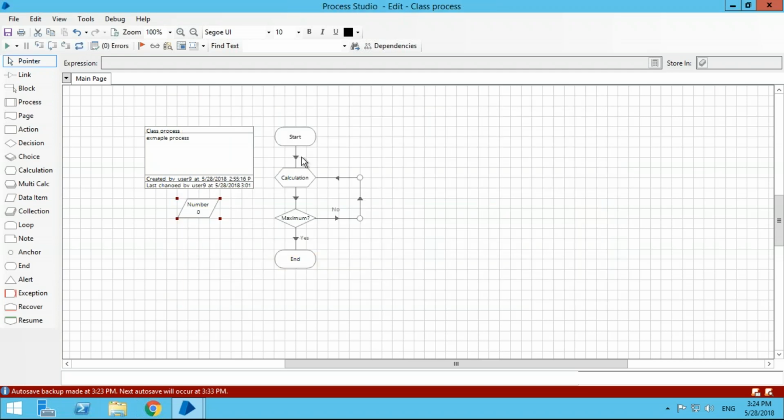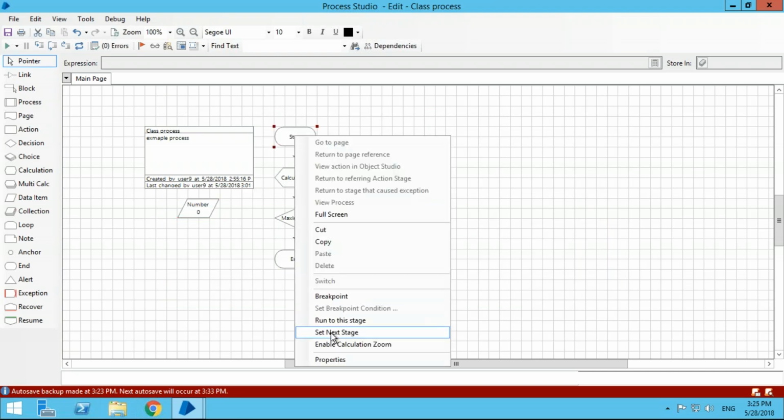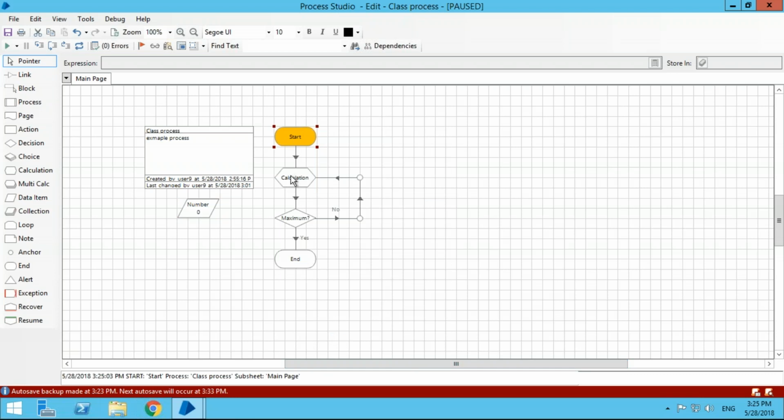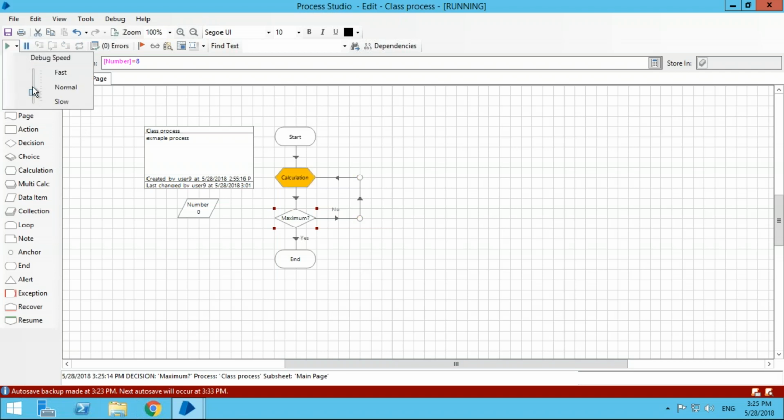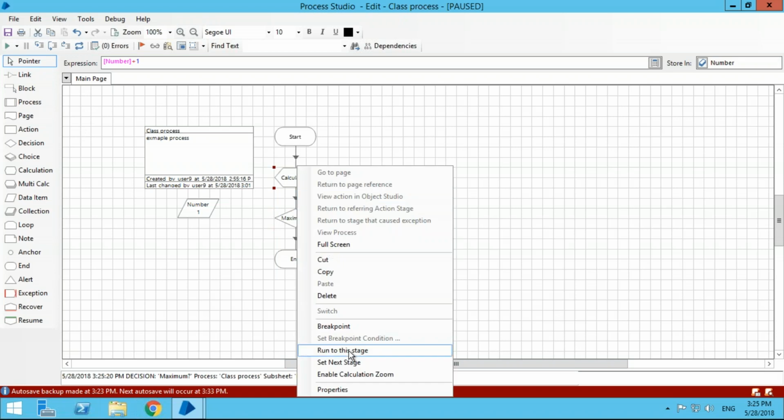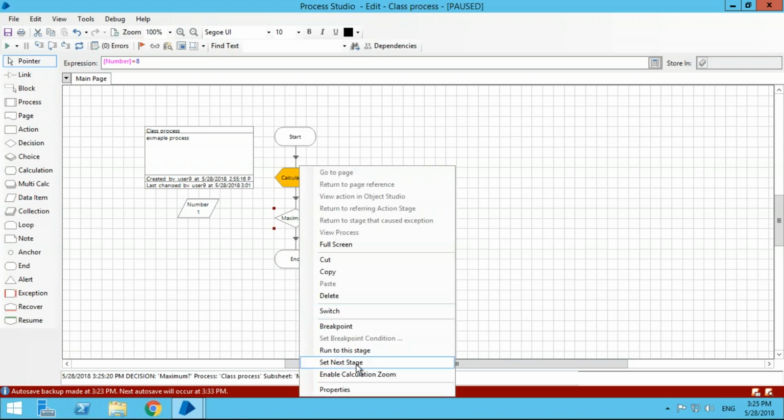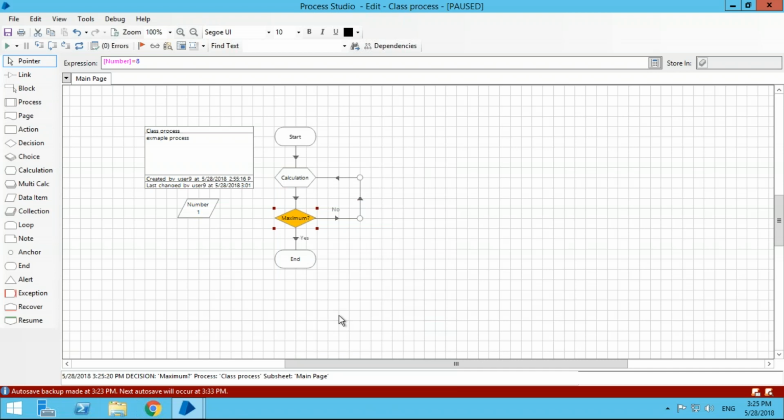Another thing to note is the way you navigate on your object. As you notice, I've done a few times, I right clicked and I set the next stage, because I wanted to start at a particular place. I want to skip certain things. So here I want to just skip everything, go down here and see what happens. And I press play. Yeah, that's fine. It will work because obviously it's 0 and then it's going to start. So you can right click to start any stage that you like. Right click, set next stage.